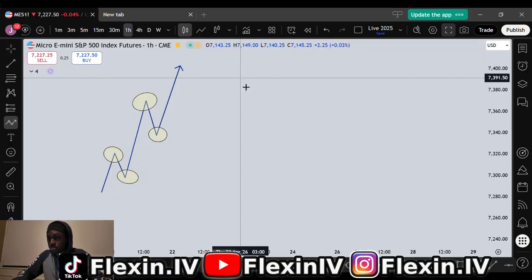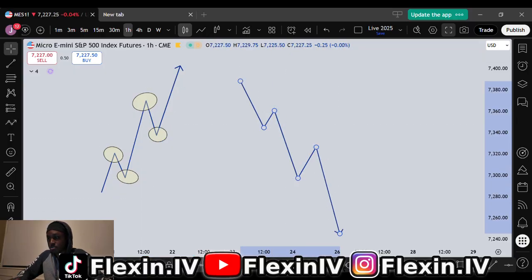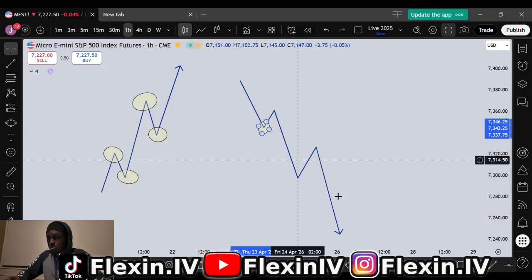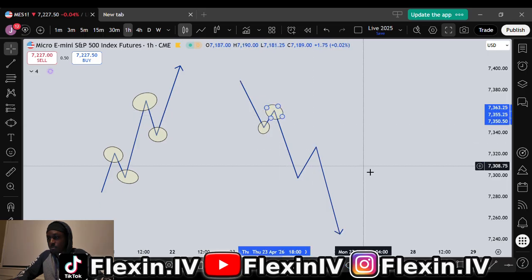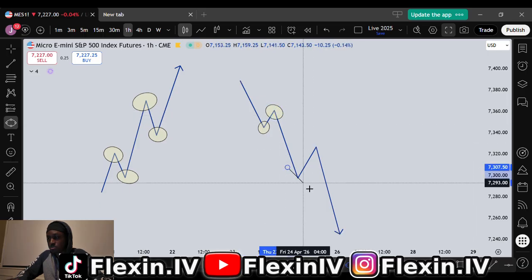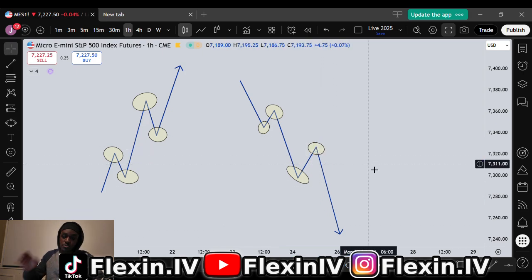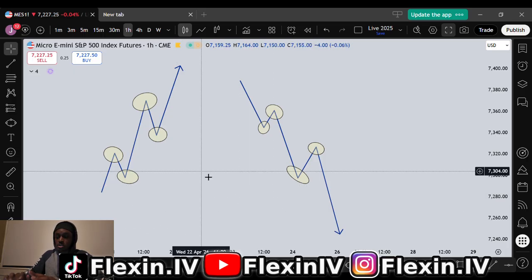Now for the bears, this is going to be our first low, this is going to be a lower high, this is going to be a lower low, and this is going to be a lower high. Real simple, nothing to it. Now, the market moves in waves just like that,